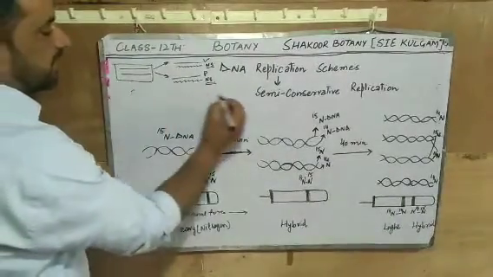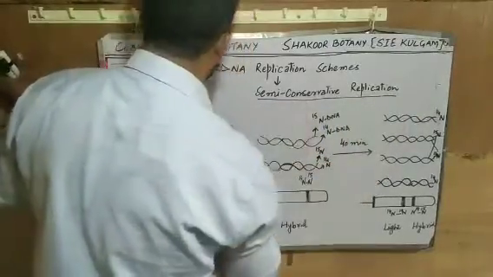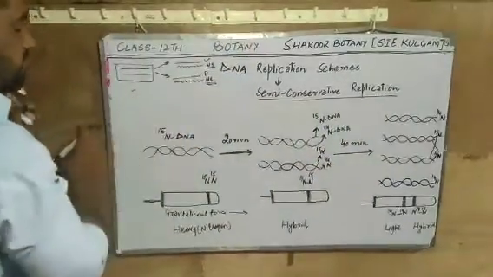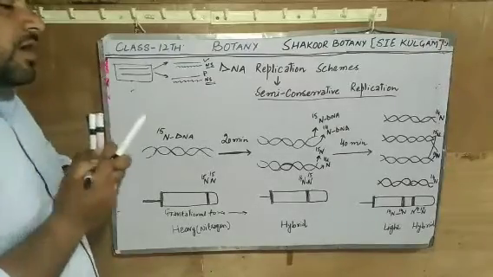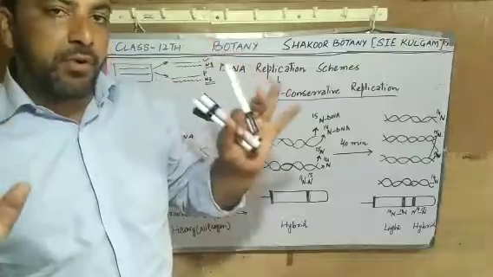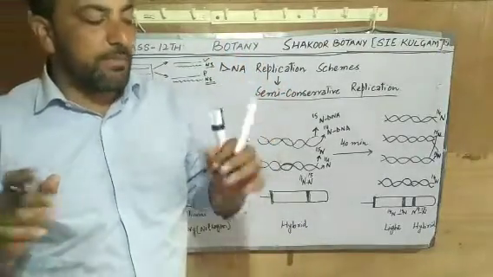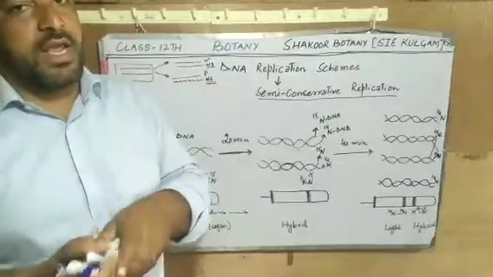Remember, this is known as semi-conservative mode of replication, or simply semi-conservative replication. Watson and Crick explained the semi-conservative mode of replication of the DNA, where a DNA molecule